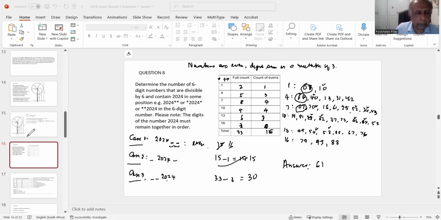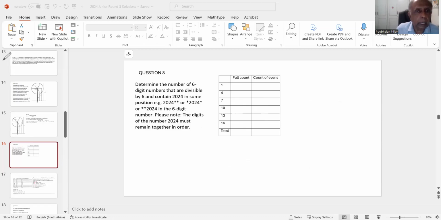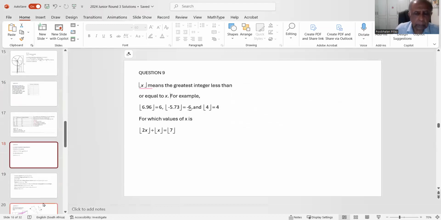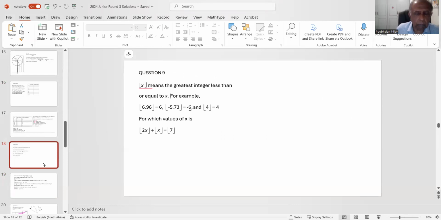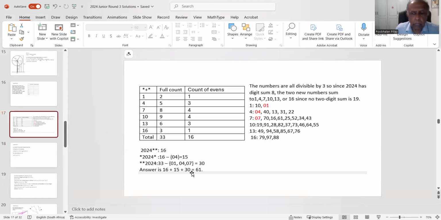Okay, I've written down the solutions for every one of them, so you can go and check it out again. And there it is, you got 61. So you can see 88. I missed that 88 in my count. All right, then the next one is